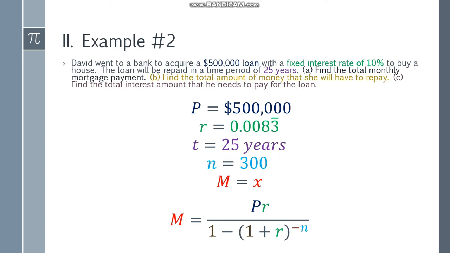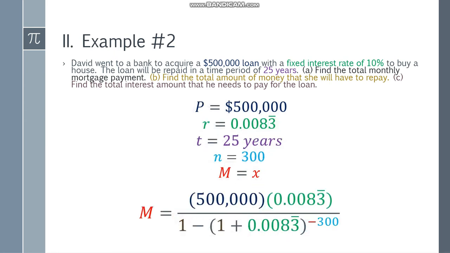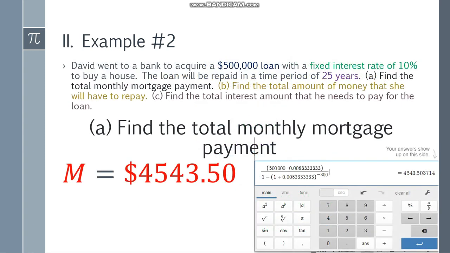Alright, so because we already have the given, we can now substitute the values. So M is equal to 500,000 multiplied to 0.0083, repeating decimal, over 1 minus the quantity 1 plus 0.0083, repeating decimal again, and to the negative exponent of negative 300. We have a negative exponent here, take note. Now, if we will put it in the calculator, you should input it directly, so with brackets and a fraction bar. So the final answer, you should get a